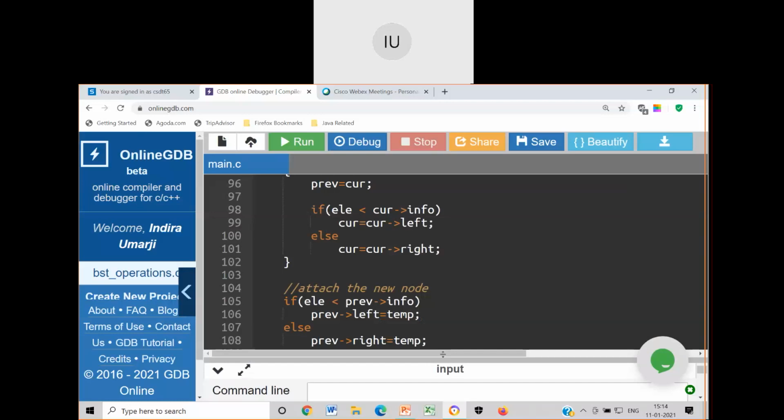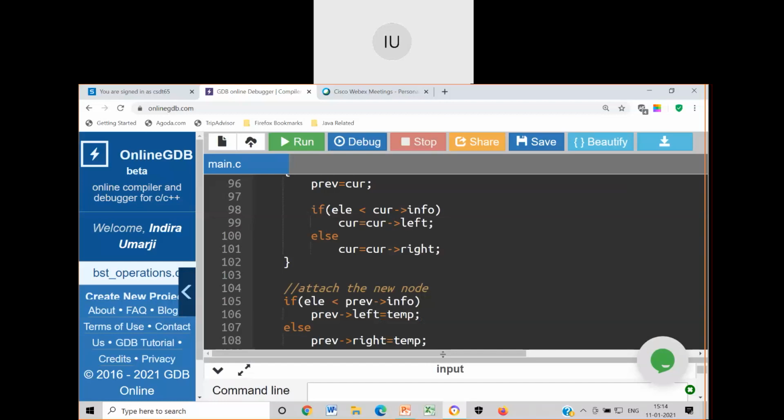You are right. The leftmost node in the binary search tree acts as the minimum element. And if I want the maximum element, then it will be the rightmost element. It is as simple as that.